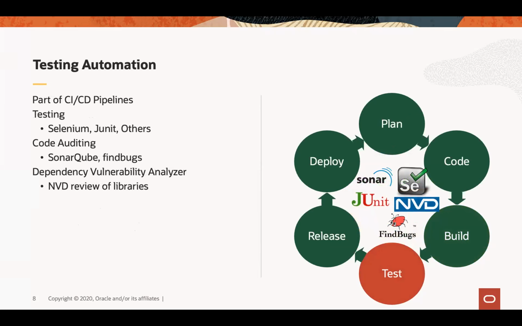Another part of the automation here is test automation. We have support both for backend testing using JUnit and all sorts of other frameworks that you can install like Mocha and Lint and things like that. We also have support for UI testing using Selenium that is built into our build servers, so you can test your web application and make sure that they are correctly functioning. Another thing that you can do is you can run code audits where we integrate, for example, with SonarQube to run static code analysis on your code base to make sure that it complies with your coding standards.